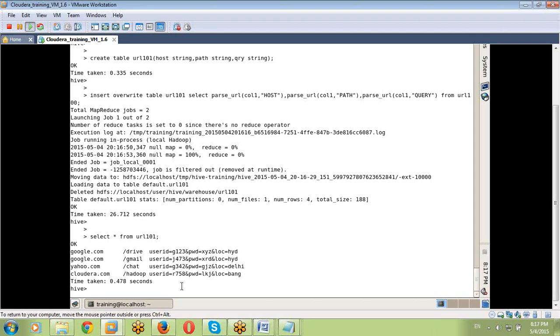In Google, I want to know how many are using Gmail, how many are using some other website or event. I can do it like this. Similarly, the third column also.